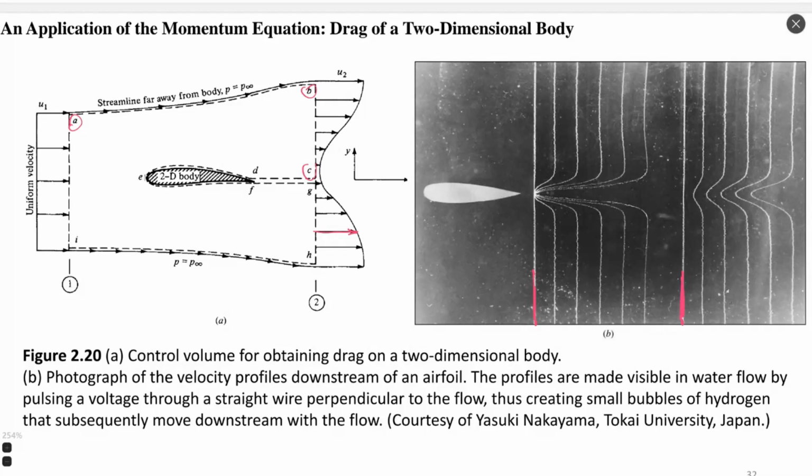And then we have line BC. Over this line, we have change of velocity, because since the body interacts with the flow, it creates some disturbance inside velocity. Since drag force or reaction force is generated, we have a decrease of velocity U2 at some region, at some zone. Then from point C to D, we have a horizontal line